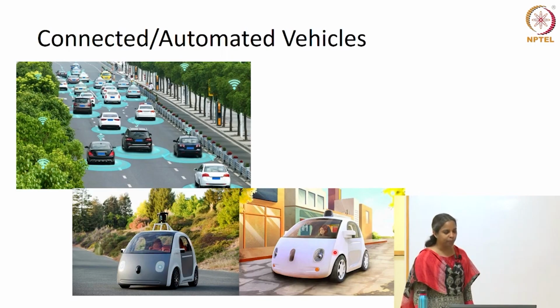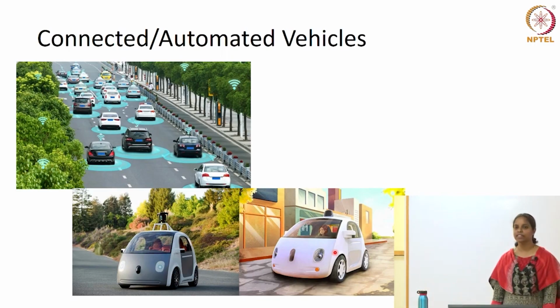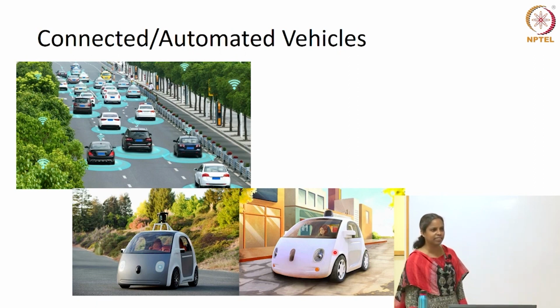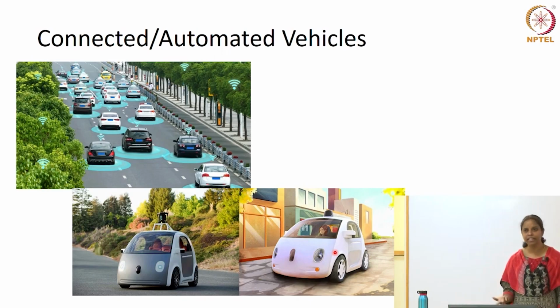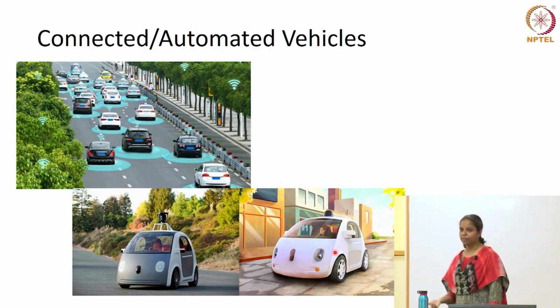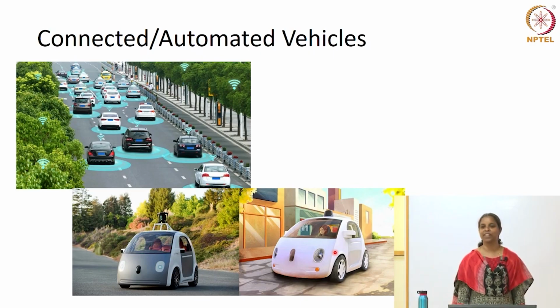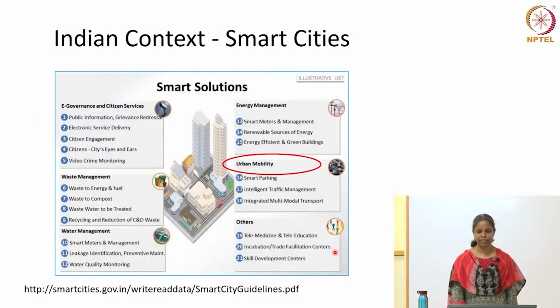So as I said, this leads to what are called connected vehicles and automated vehicles. You must have read about Google's driverless cars and all those things. There are enough countries where they are already running on the roads. Will it come to India? It needs time, needs a lot of time, because we have a very unique way of driving. But in many other countries, we have these kinds of vehicles. So all these, the starting point is having enough sensors and enough communication happening.